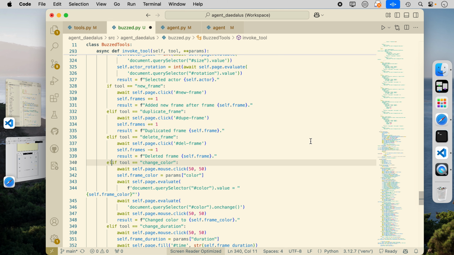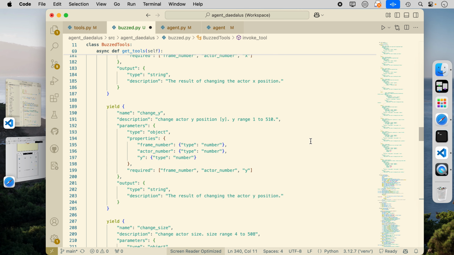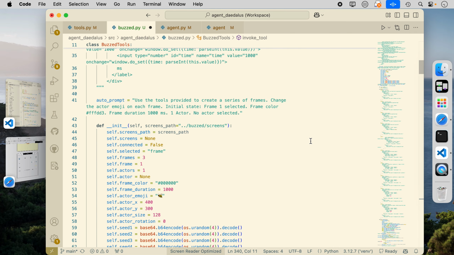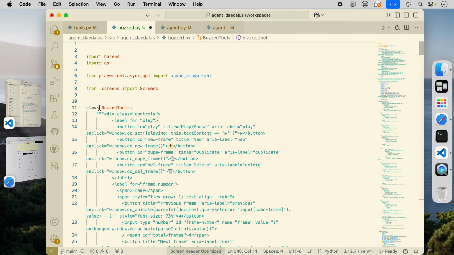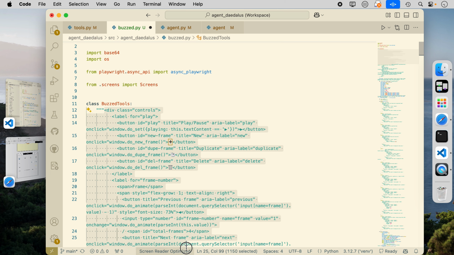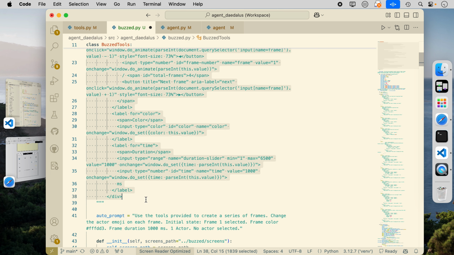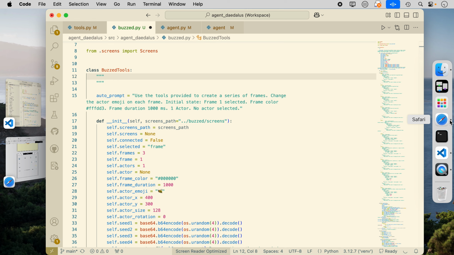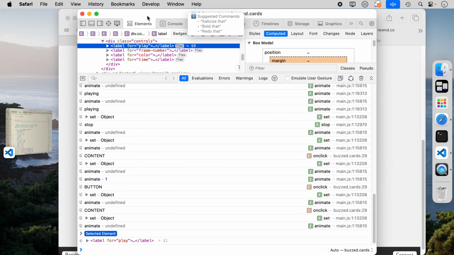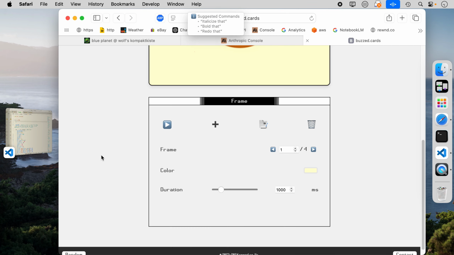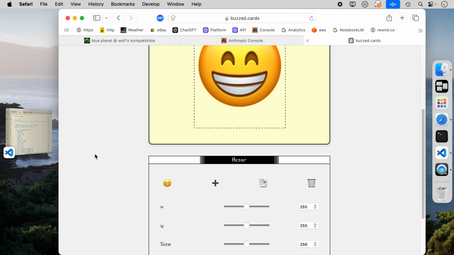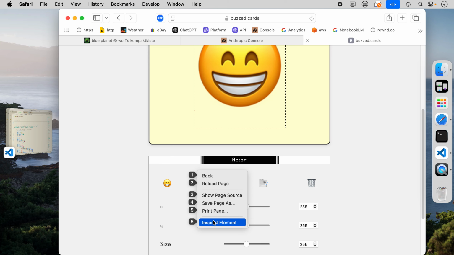And now our code has the ability to automate adding frames, duplicating frames, and deleting frames. So now we will do the same thing for actors. So I'm going to go in here and delete that, which was reference for the frame tools. Now I'm going to add reference for the actor tools by clicking on the actor, which switches